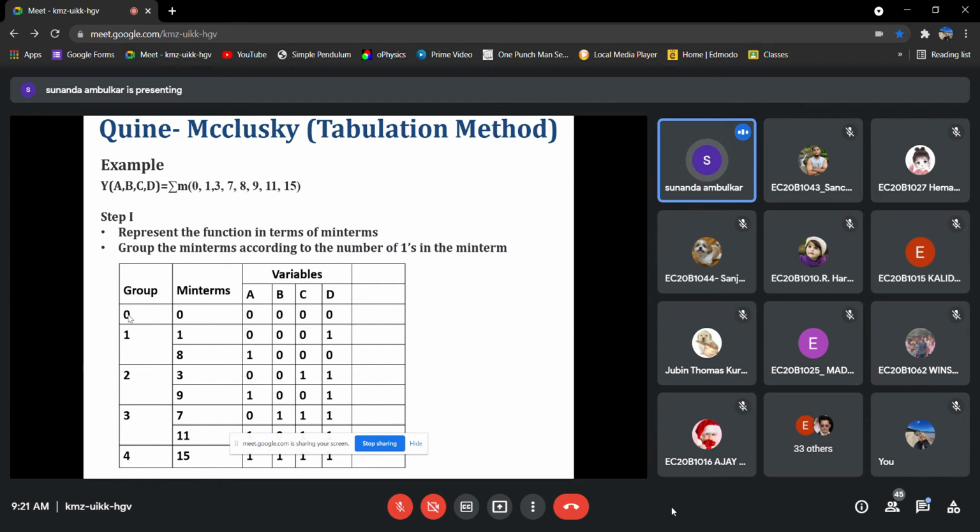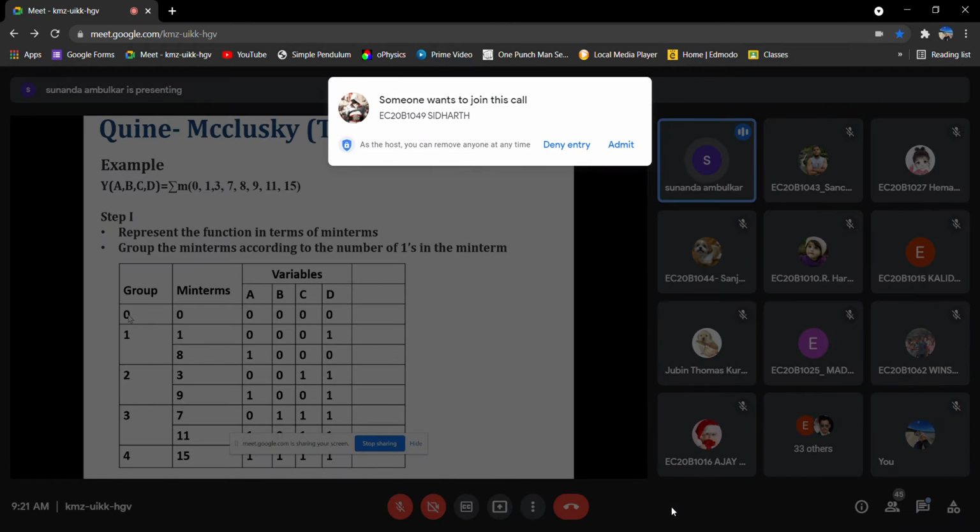Only one. We'll see the next min term, which is 3. It is indicated by 0, 0, 1, 1. How many ones are involved in min term 3? 2. So it will not come in group 1.